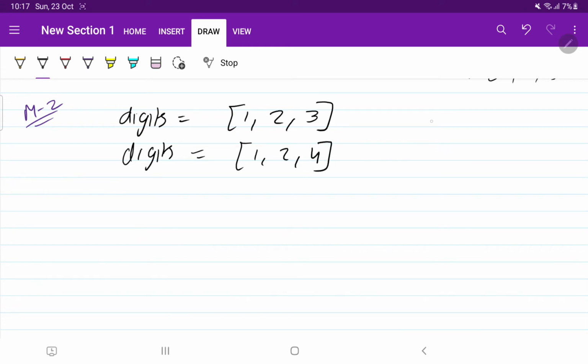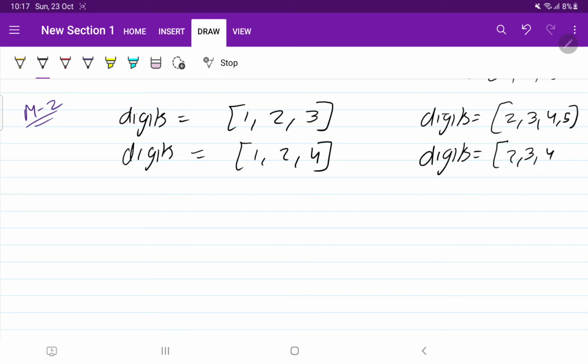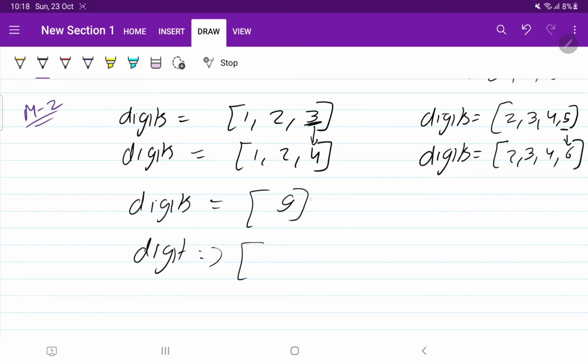Suppose the digits are 2, 3, 4, 5. Then you need to return 2, 3, 4, 6. So basically you just increase the last element. But if the digits contain the element 9, at that time you need to return the elements 1 and 0.